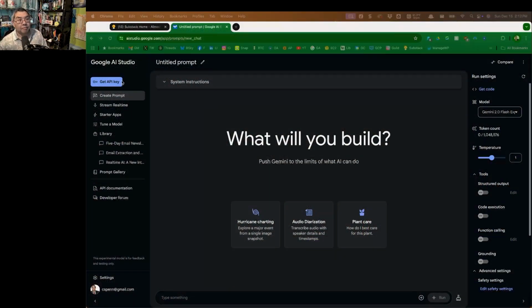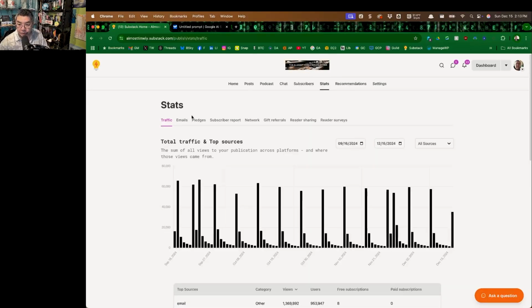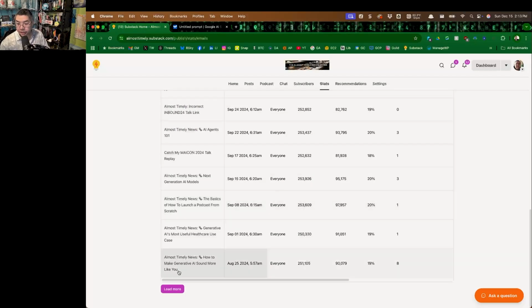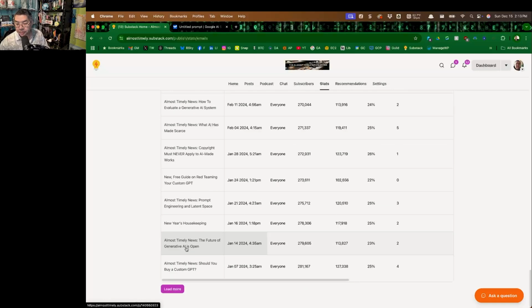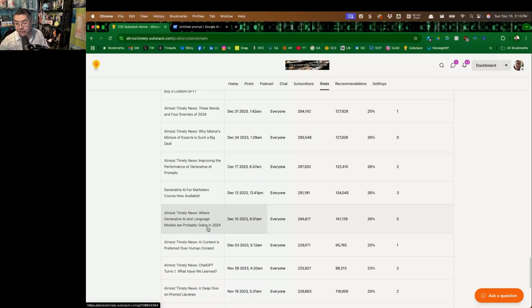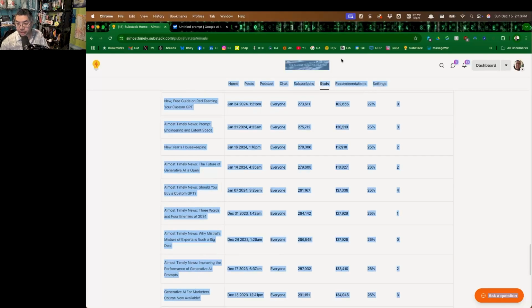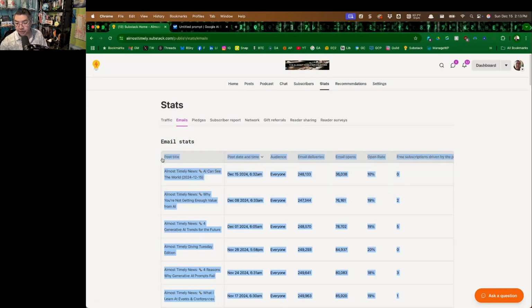Well, my newsletter is hosted on Substack. And so there's a couple of different ways I could get this. I could just hit the export button here, or if I wanted to do this the long and painful way, I can go into traffic, go into emails, and we can see all of this year's newsletter issues. For expediency's sake, this might actually be faster because I have no idea how long Substack's export process takes. So I can go into the interface here and just hit copy